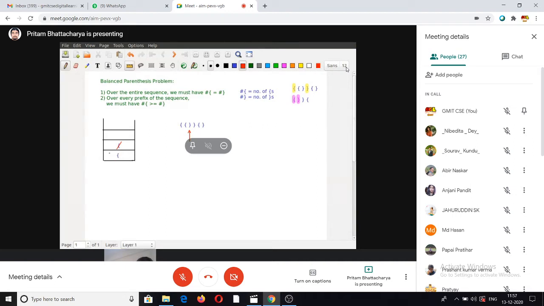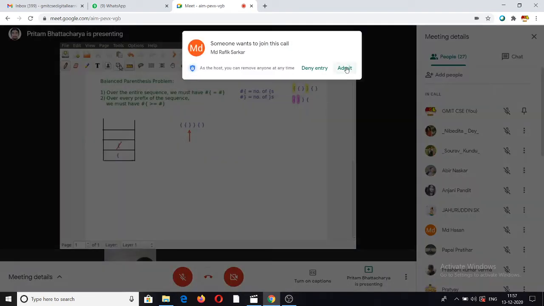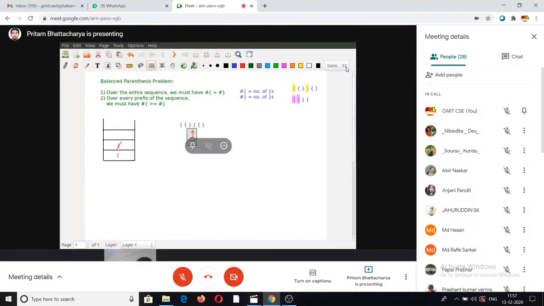So now the stack has only a single opening parenthesis. So I pop the opening parenthesis on top, and then I again move my arrow one step forward to the next symbol in the input. And once again I have another closing parenthesis. So it's the same idea. So I'll pop the opening parenthesis at the top of the stack. So once again, if I had found the stack empty at this point, I would have returned an error, that is this sequence is invalid. But here I do find an opening parenthesis on the top of the stack, so I pop it.